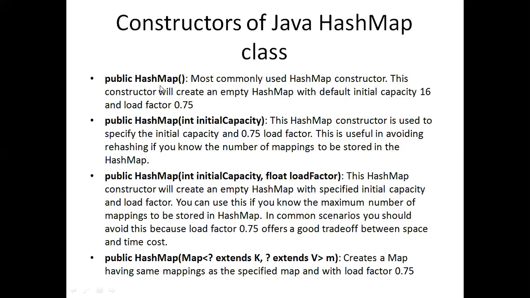Public HashMap() is the first constructor. This constructor will create an empty HashMap with a capacity of 16, because it is a hash table. With the load factor, till 75% will be filled. Once the fill ratio crosses 75%, the HashMap size will be increased automatically. If I don't want the default capacity and want to give some capacity like 10, you can mention the int initial capacity. We have already discussed this type of thing in ArrayList itself.